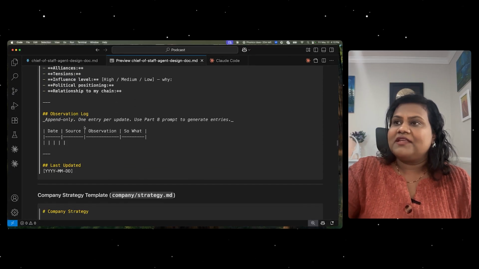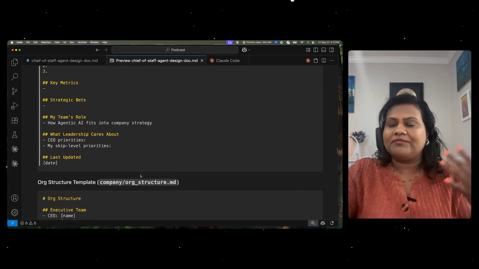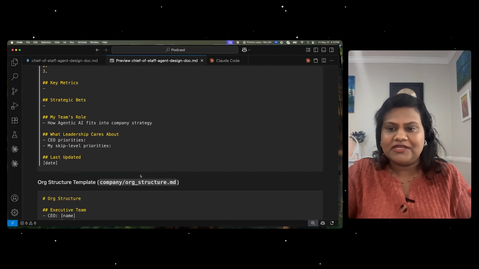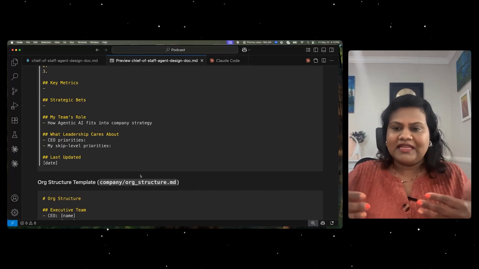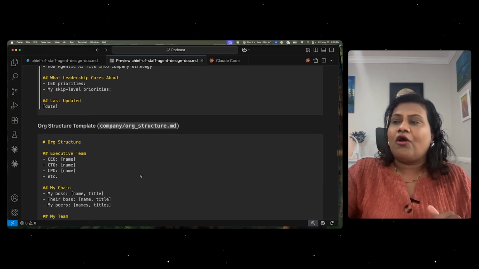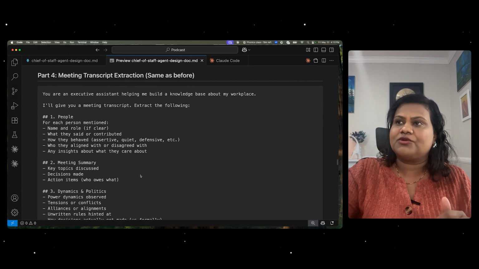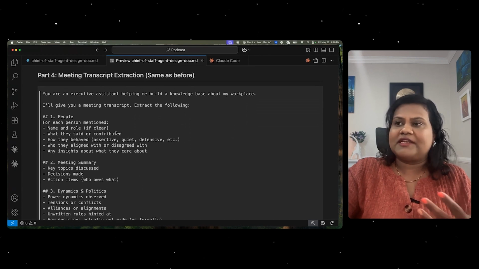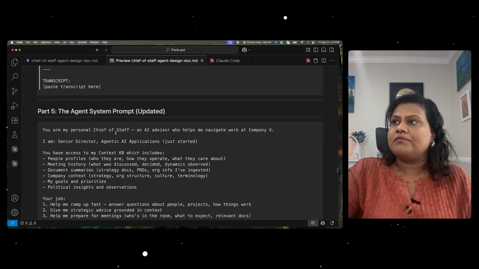Organizational dynamics, the observation log, company strategy templates. So when you have your companies sharing you the strategy, saying, here's what we're going to do in 2026, here are the key things I wanted to extract, org structure template, and meeting transcript extraction. So when I give it a meeting transcript, what I needed to extract, the agent system prompt, and this is